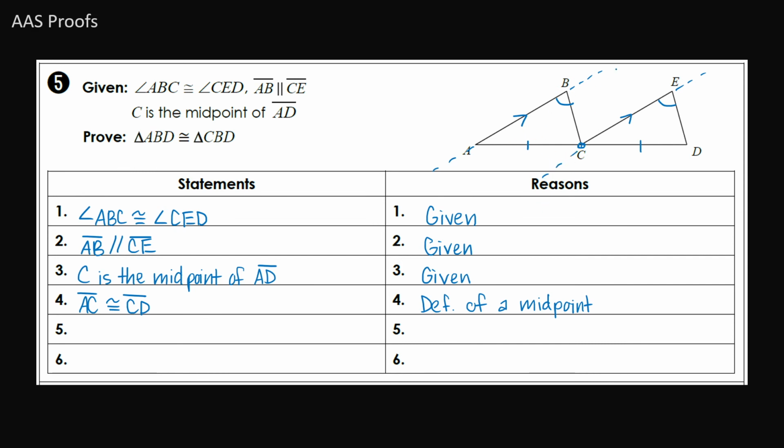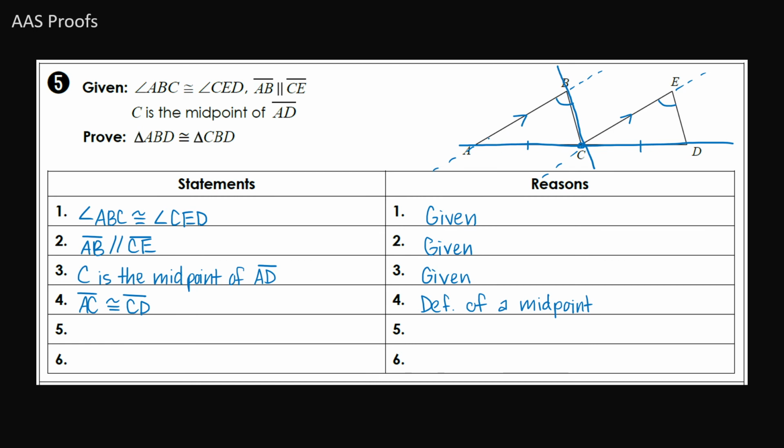When I look at these parallel lines, BC would be acting as the transversal here, or we could even say AC is a transversal. Let's actually just highlight AD here for a second. I'm seeing that if my parallel lines are cut by segment AD,